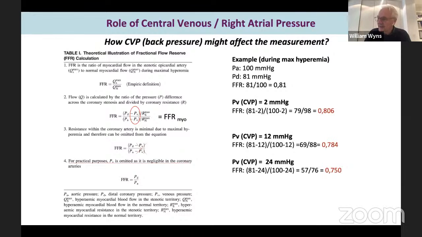If you don't measure right atrial pressure, you're not cognizant of this, you actually underestimate the severity of the stenosis in terms of its hemodynamic behavior. And in fact, you're going from normal to abnormal. Which patient in your practice could this be the case? It would have to be a chronic heart failure patient who can lie flat even though he has very high right atrial pressure because he's used to it, very poor LV.